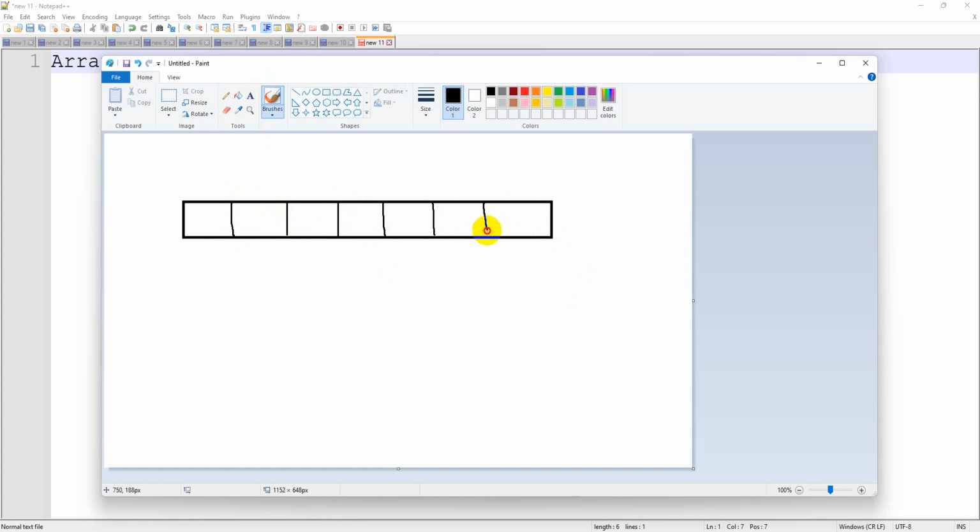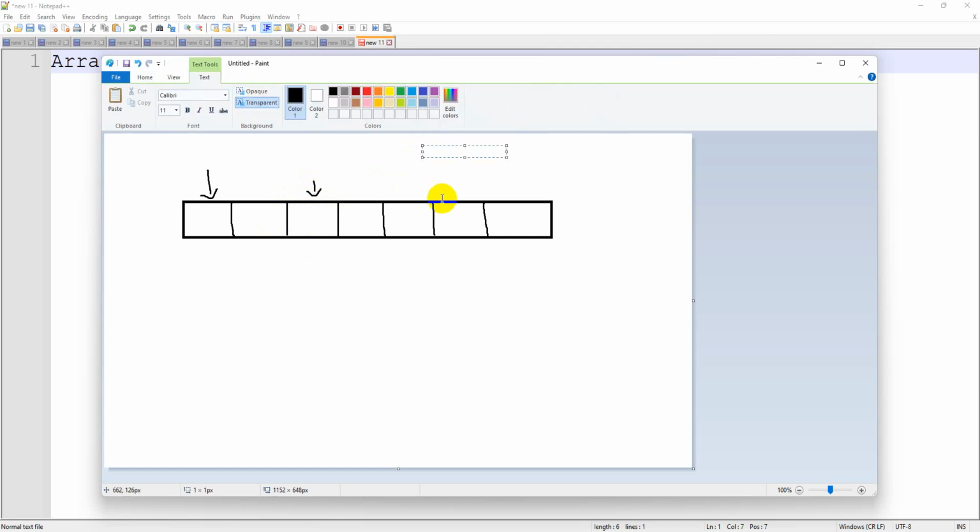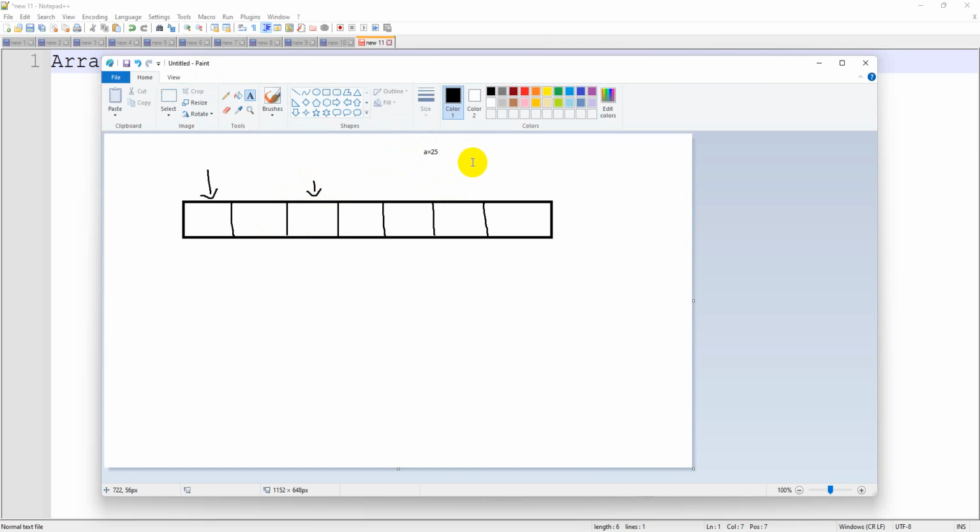So that is the advantage of an array compared with a variable. Whenever we have multiple locations, it is difficult to store a value in each of them. We cannot assign like a variable. For variables, we can simply write a is equal to 25, then that particular value is saved in that particular memory location. But in arrays, we are going to have multiple memory locations.